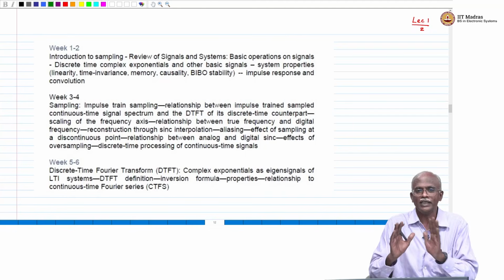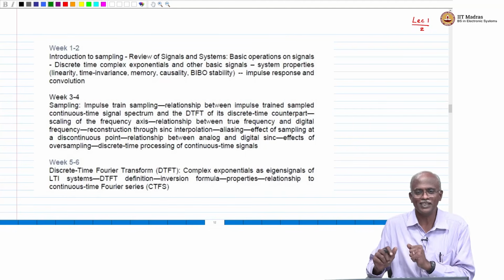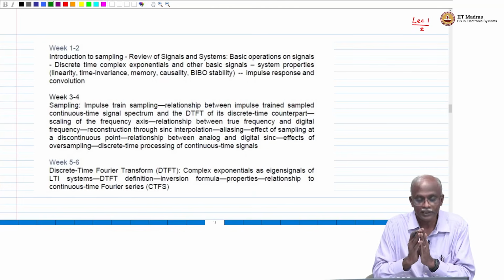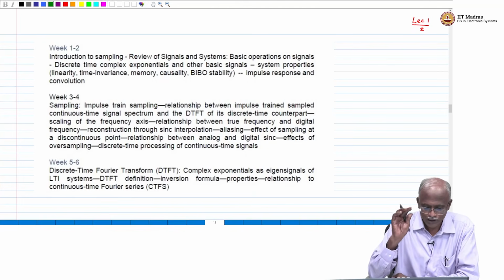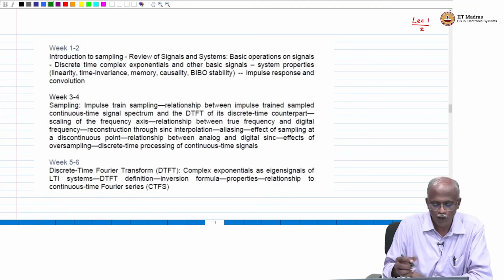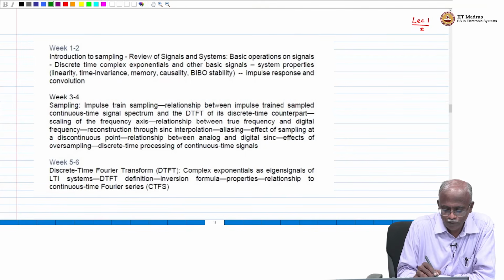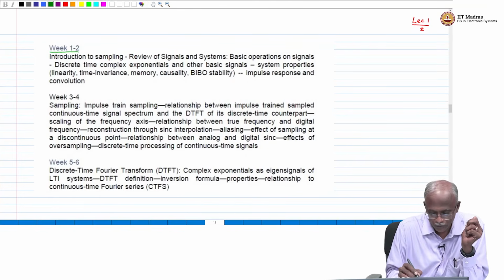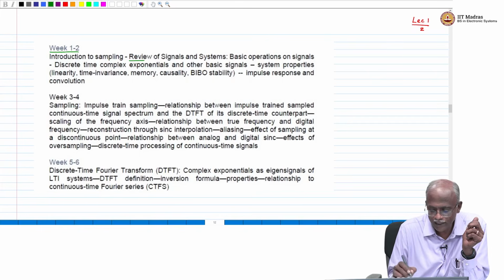What I would like to do is encourage you to look at the syllabus. The syllabus will be presented for you on the online website. But just to give you a feel for what we will be starting with, let me focus on weeks 1 and 2. The first 2 weeks of our study will be a review of whatever you have studied in signals